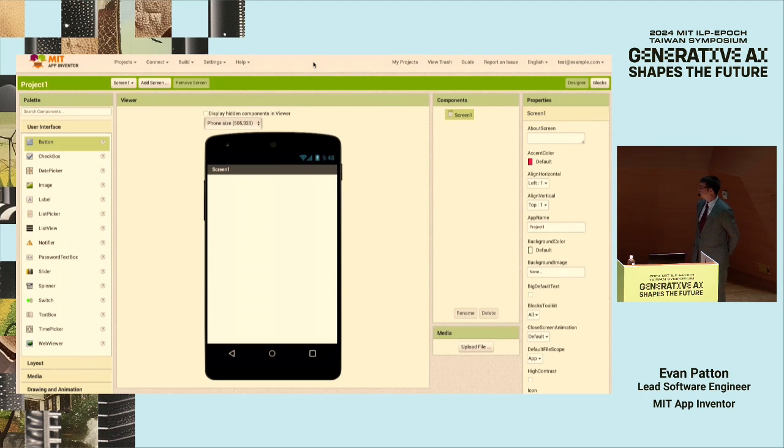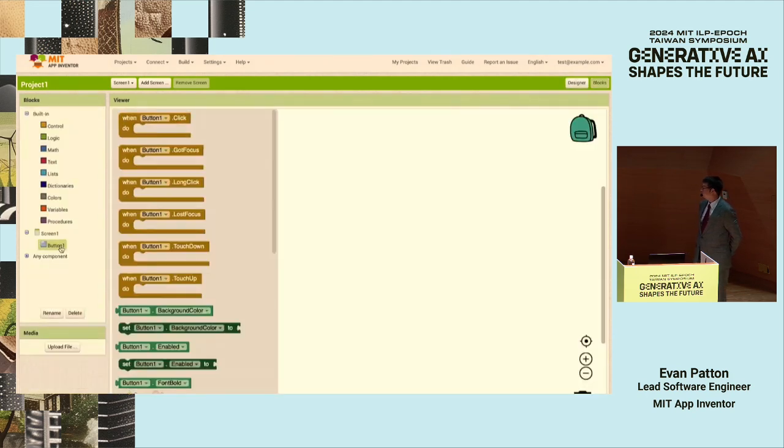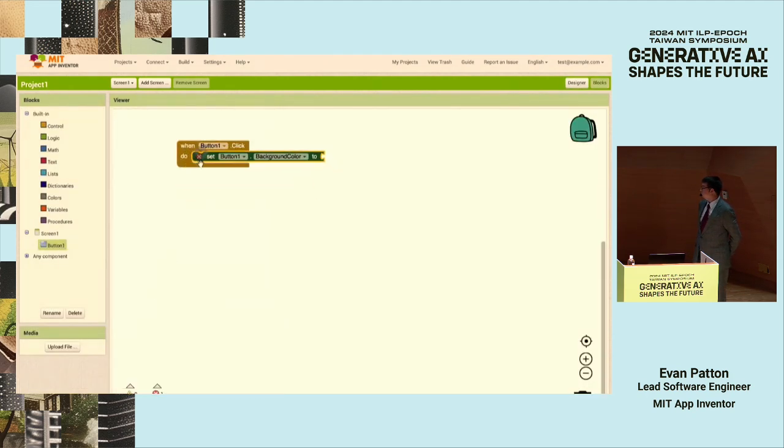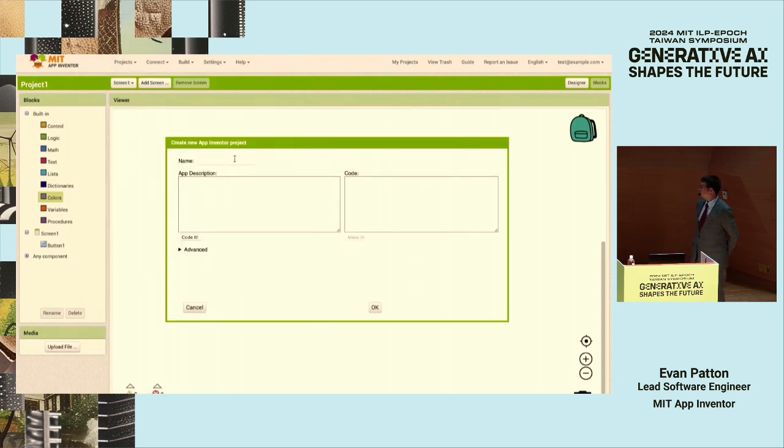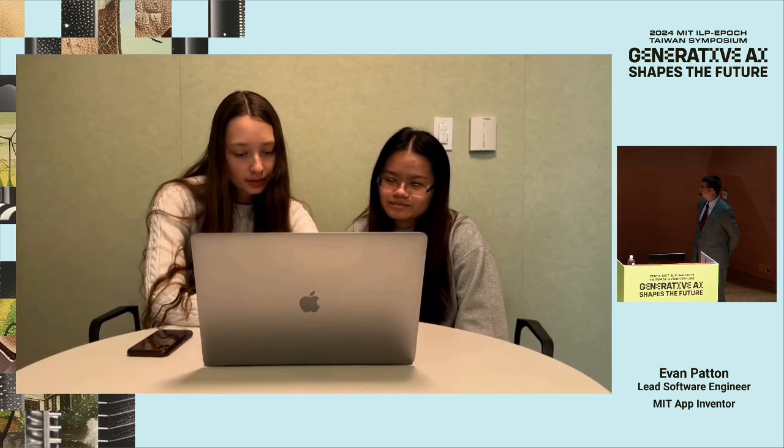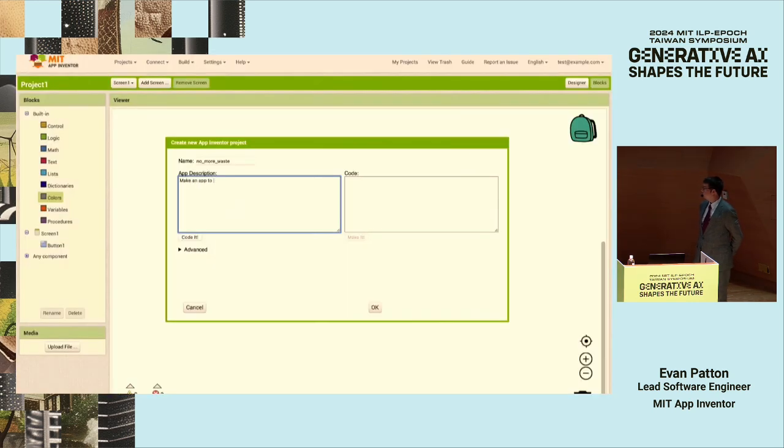This is MIT App Inventor, a drag-and-drop blocks-based programming platform that lets users create mobile applications. We're making a new AI integration that allows users to create apps from natural language descriptions. Make an app to help us keep track of the items in our fridge. Now, Aptly is automatically creating the app for us.